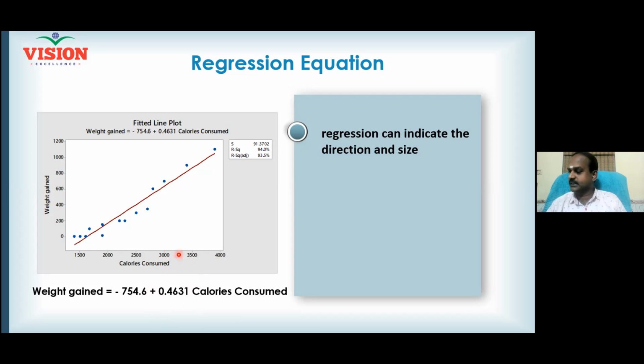Look at the coefficient. Is this coefficient positive or negative? Positive. All of you know what is positive and what is negative? Negative. So it is positive. So the relationship is positive. Do you see the curve going up, the line going up? As x increases, y increases.